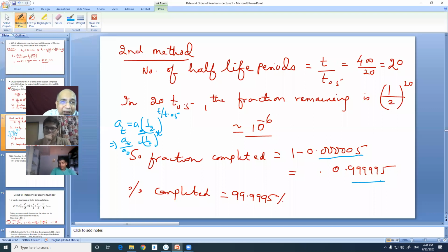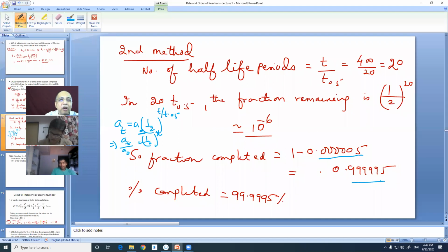Though we have just bypassed log, in MCQs in examinations you will be given such figures that a whole number multiple of the half-life period will be given as the total time period. So the number of half-lives will be a whole number. In that case, it is always better to use the half method.